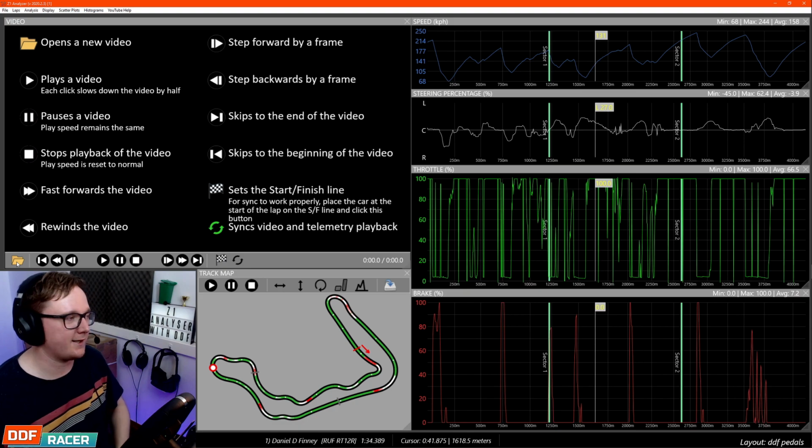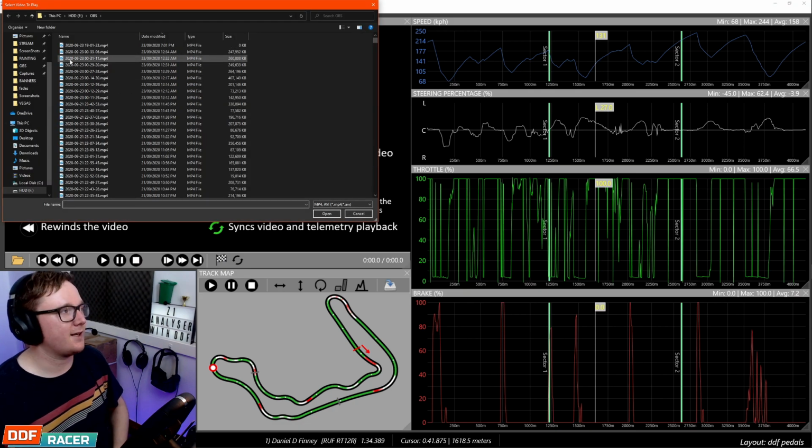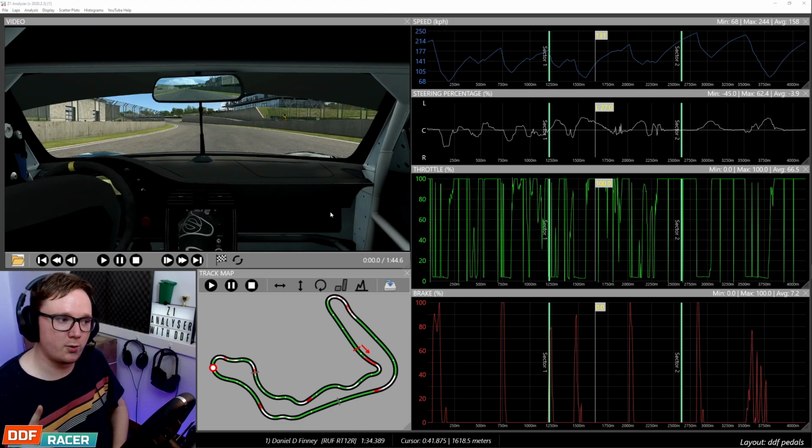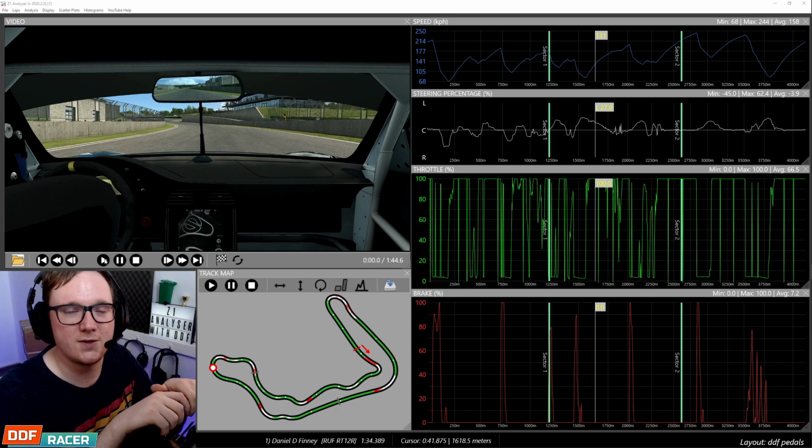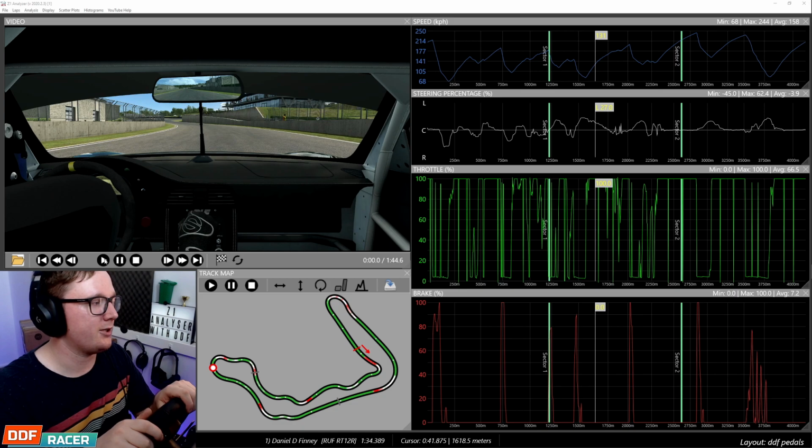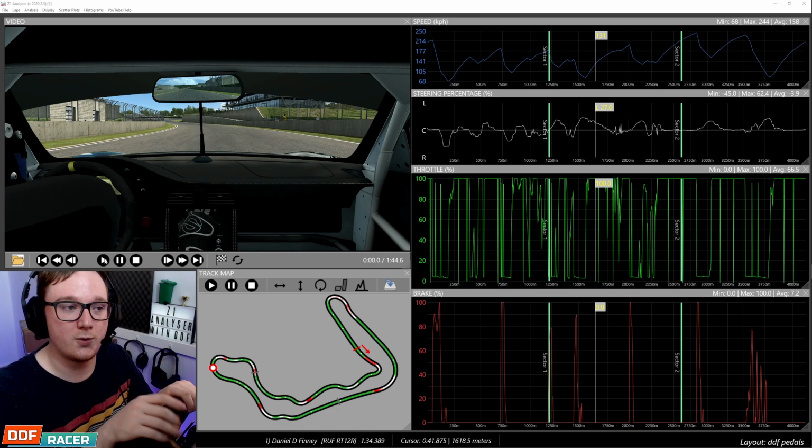So the first thing you want to do is click on the little open icon here and then select your video file. Now this is the most important part. You need to play your video and you need to find the point at which you cross the start finish line. The navigation tools aren't great in Z1 Analyzer as far as video goes. You can't select a specific point. You just have to play it and then scrub backwards and forwards and then